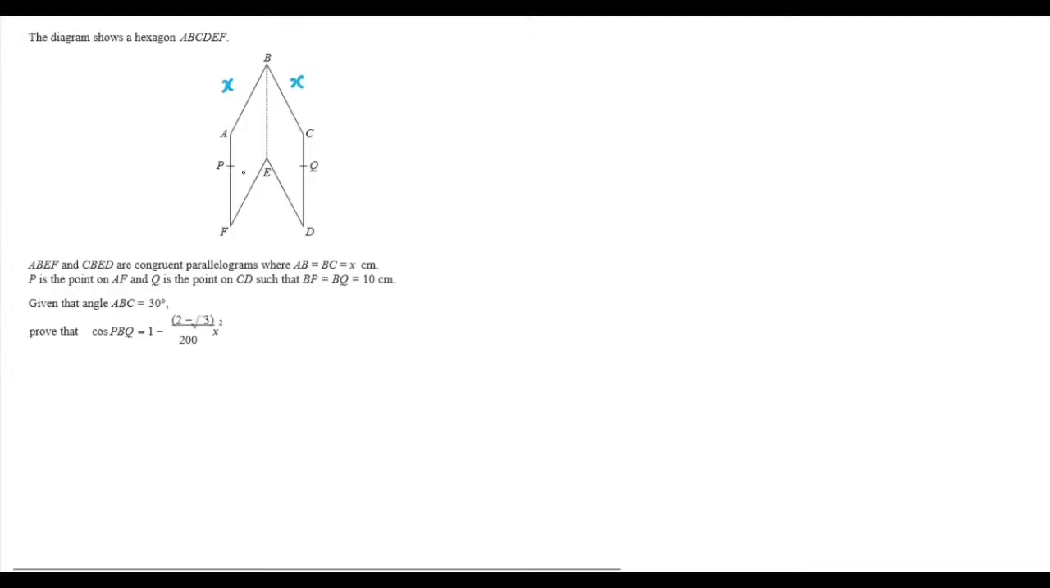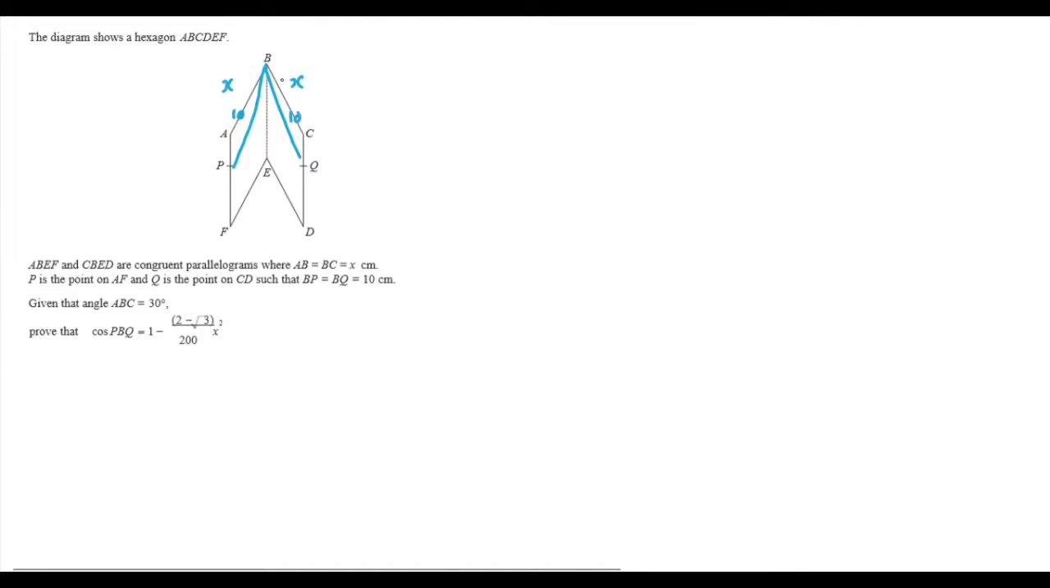Point P is on the line AF, and Q is a point on CD, such that BP equals BQ, and in each case those are 10. So again, I'm just going to draw those on. I'll end up redrawing the relevant parts of this in the space to the side in a second, just so it's clear, so there are no conflicting lines overlapping with each other, but just to label for now, this is what we have. Now, given that the angle